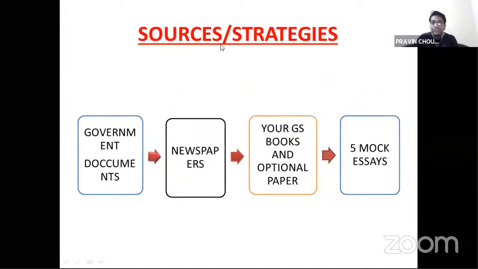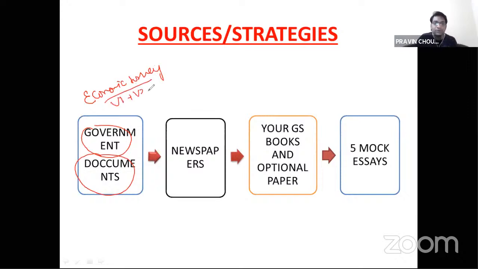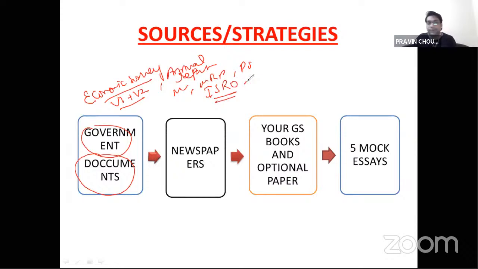Now, what are the sources or strategy for essay writing? The sources are very simple, like government documents. You can read the Economic Survey, both volume 1 and volume 2. Annual reports of the different ministries, like the annual report of the Ministry of Agriculture, Ministry of Rural Development, Ministry of Earth Sciences, climate change, Department of Science and Technology, what ISRO's achievements were in the last 1 year. You will read the maximum number of reports, plus